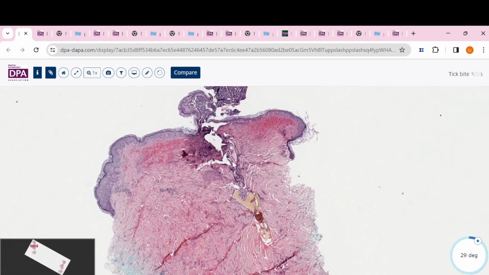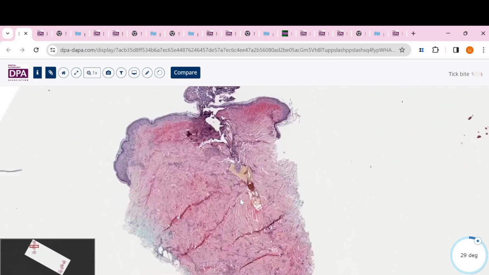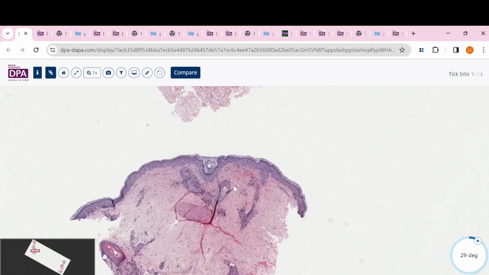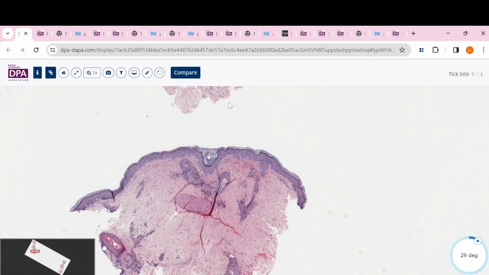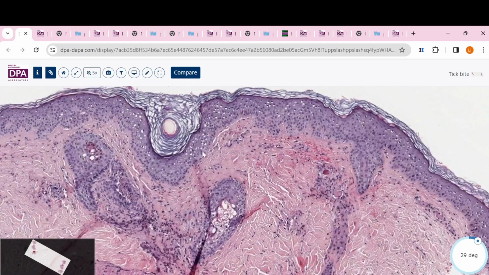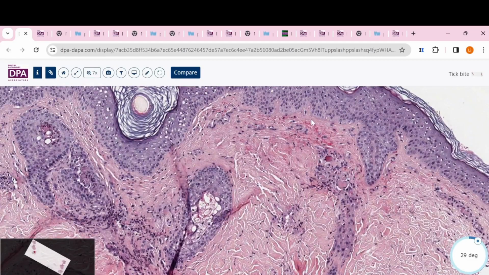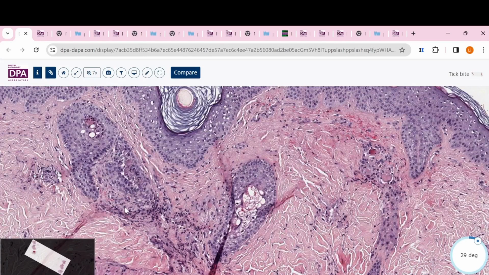So the tick bites our skin, and then they leave. Maybe people take it out, and then you can see this tick bite here. And then you can see the reaction. We can see hemorrhage here. And then, let's see here. If you do not see this tick mouth and only see this reaction, also spongiotic dermatitis, here